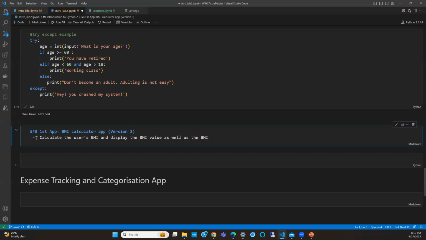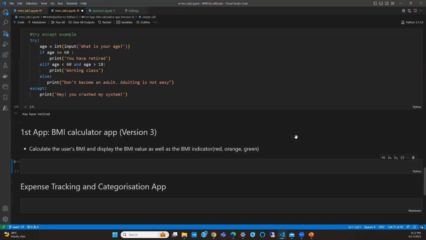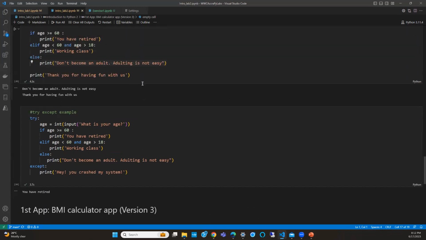I'm just going to call it BMI indicator. That's red, orange, green. Okay. All right, so I added that to the notebook so you can just try that yourself. So that would be it. We can end today's session.